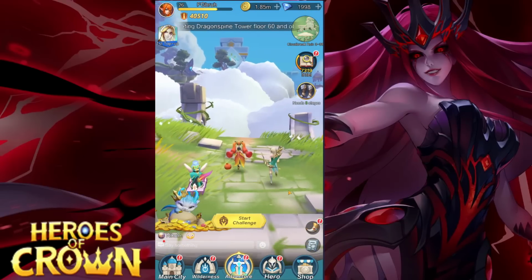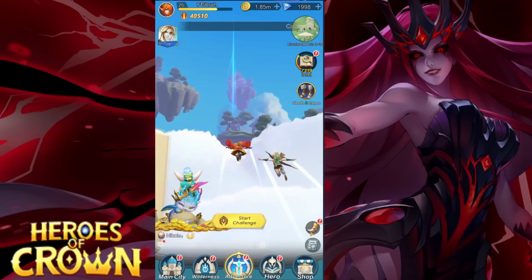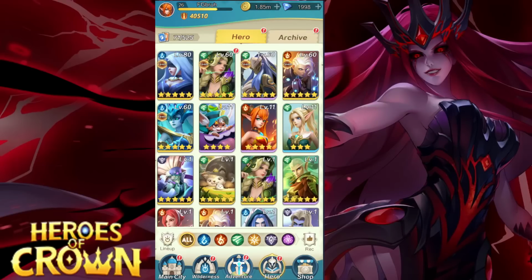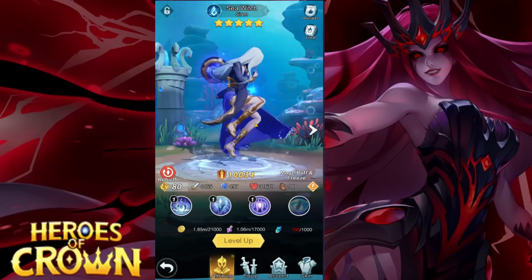So this is a by-the-numbers quintessential idle game, but there are a couple things that set this game apart. Number one being its streamlining and quality of life, and some of the character designs I think are actually kind of cool. So let's go through a few of the characters I've collected thus far, starting off with the Sea